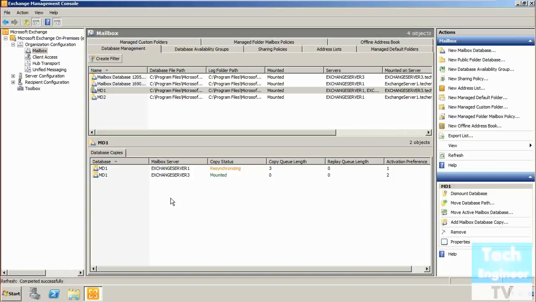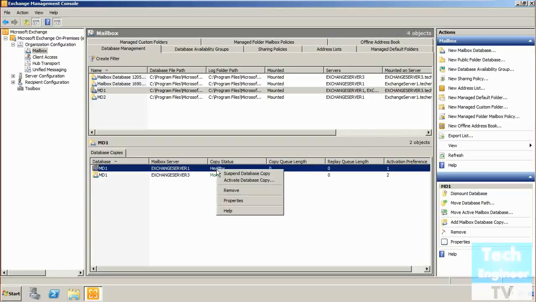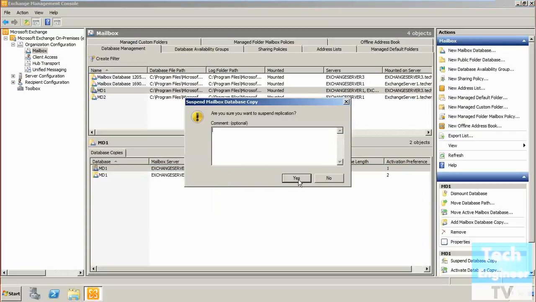Once it gets refreshed, it has been mounted. You can see that the resynchronizing has now changed to healthy, and it is no longer in the working stage. Now we can do whatever maintenance process we want to, such as adding database size.